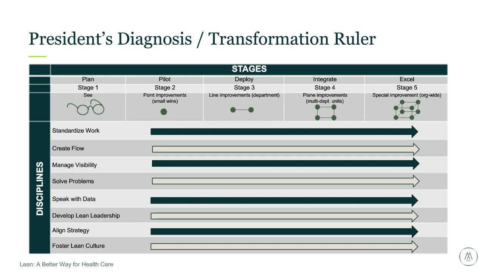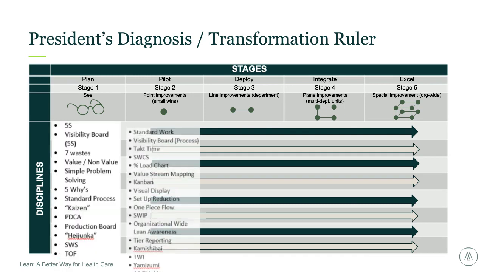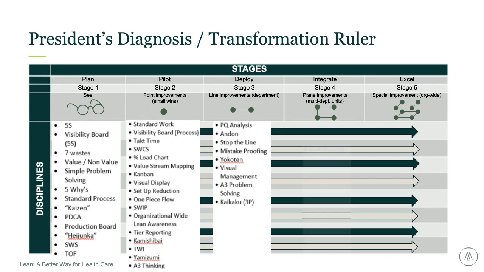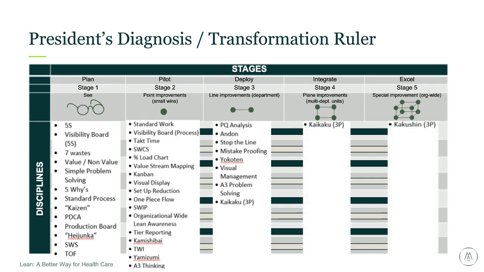Sure. So, short story on this one as we come to the top of the hour is that lean in healthcare needs a maturity model, and the president's diagnosis is something in the book by Tom Jackson, Hoshin Kanri for the Lean Enterprise. I think at a later date you'll start to hear us talk more and more about the even more rigorous maturity model to know what stage an organization is at in becoming a lean enterprise that is